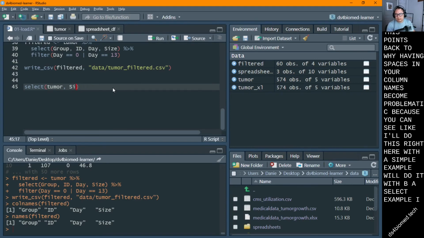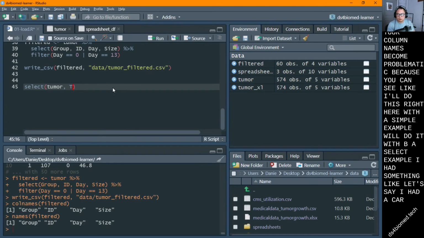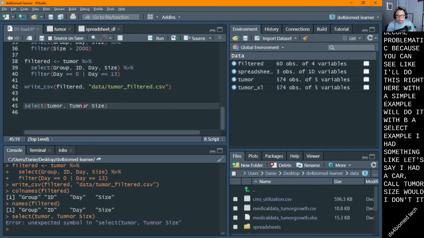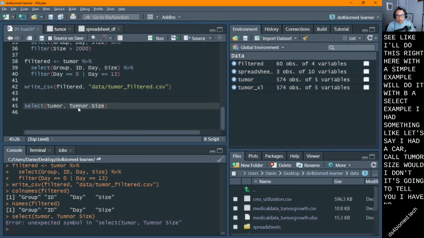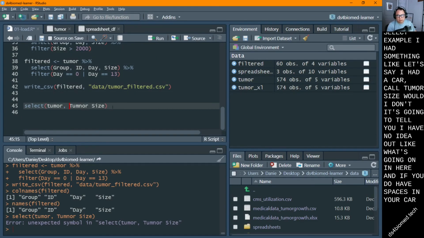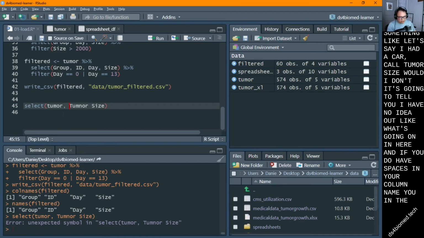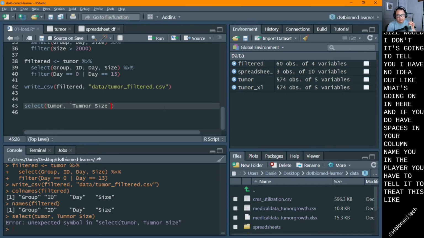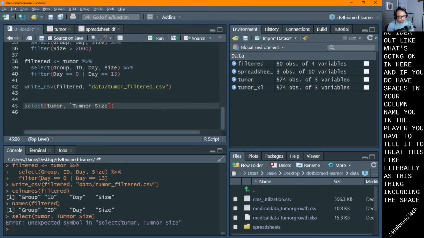If I had a column called tumor size, which I don't, it's going to tell you I have no idea what's going on in here. And if you do have spaces in your column name, in dplyr you have to tell it to treat this literally as this thing, including the space,